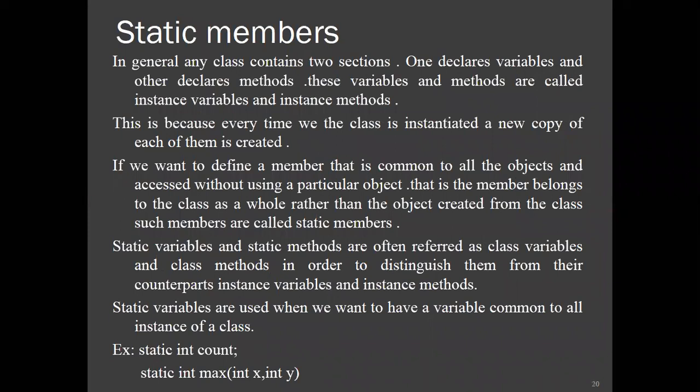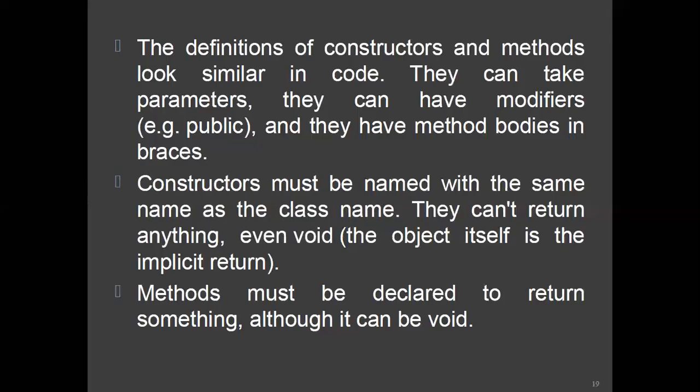We'll see the static members in the next class. Hope you have understood the class. In the whole class, what we discussed is how to create an object. What is an object we have seen, and what is a class we have seen. An object is a real world entity which is different from all other objects. A class is a collection of same type of objects.